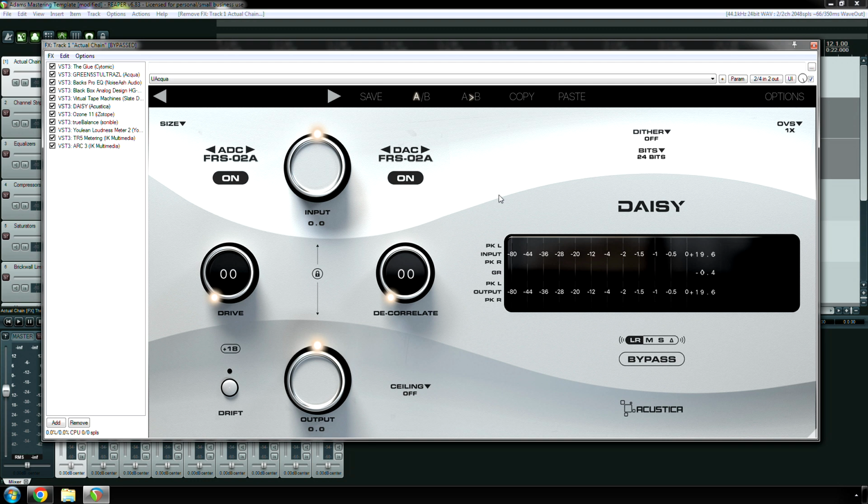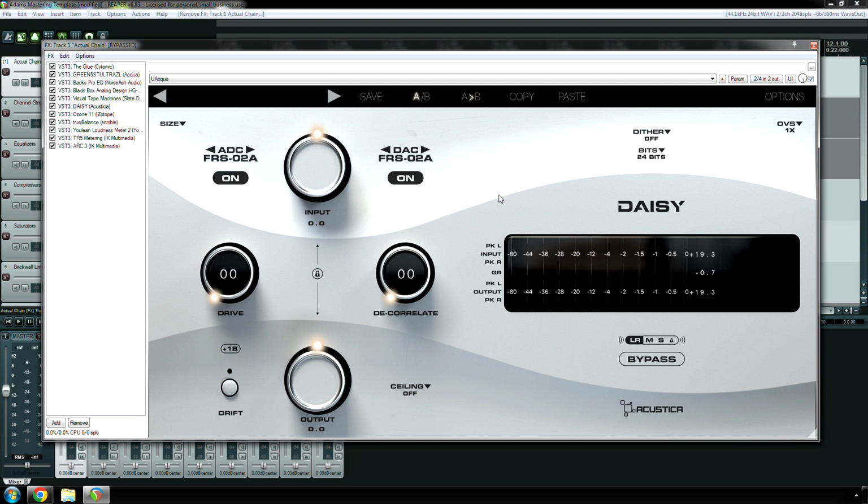If you already have enough plugins like compressors, equalizers, brick wall limiters, but you're just looking for one more thing that might make your audio sound just a teeny bit better, maybe like 3 to 5% better, or just different,